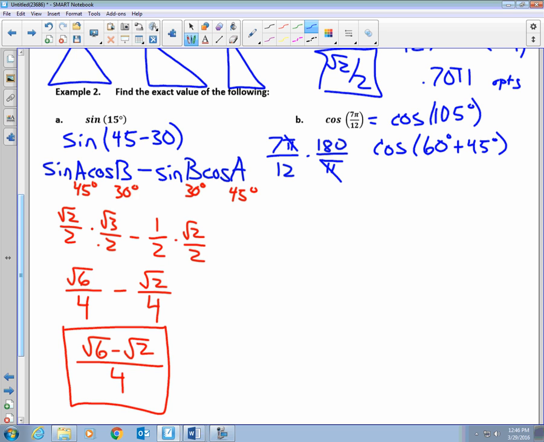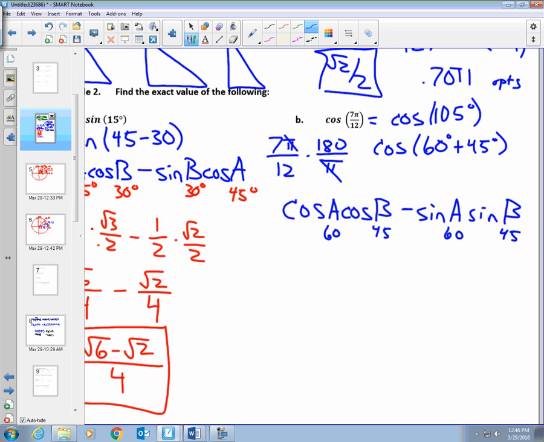All right, well, I know what that looks like. That looks like the cosine of A times the cosine of B minus sine of A times the sine of B. Okay? All right, so I plug in 60 for A, 45 for B. So,